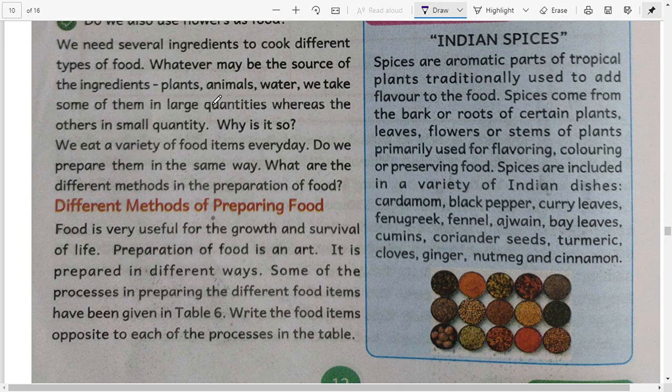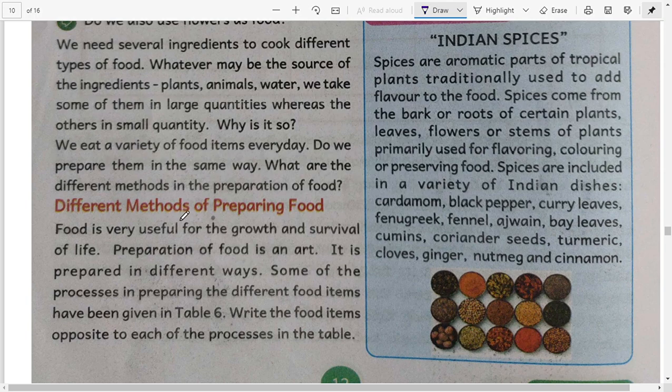But some food items we don't need any water, like fries. Whereas others need it in very small quantity, why is it so? So we eat a variety of food items every day. Do we prepare them in the same way? No. Each and every food item has a unique style of preparation. And what are the different methods in the preparation of the food?